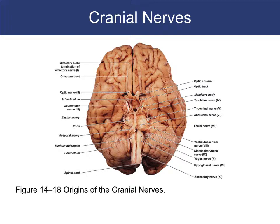They all come out of the brain, as I said, and this is the part that I don't want you to freak about, because you're not going to have to identify them from the brain. And you're certainly not even going to have to identify them from the human brain that we have over there, even though it's a lot bigger, because the cranial nerves are really still pretty tiny. The only 3 that I could possibly ask you to identify are number 1, which is this one here,